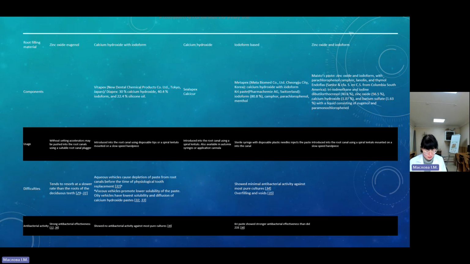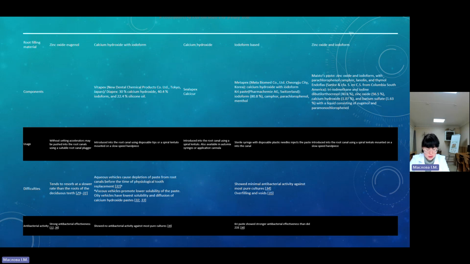The antimicrobial action of calcium hydroxide is associated with its ionic dissociation. The aqueous, viscous, or oily radical used in the formation of the root canal filling paste impacts the speed of ionic dissociation. As aqueous radicals favor a high degree of solubility, they will cause depletion of the paste from the root canals before the time of the physiological root resorption. Viscous radicals promote lower solubility of the paste, and oily radicals have the lowest solubility and diffusion of calcium hydroxide